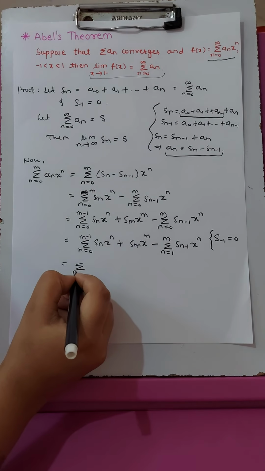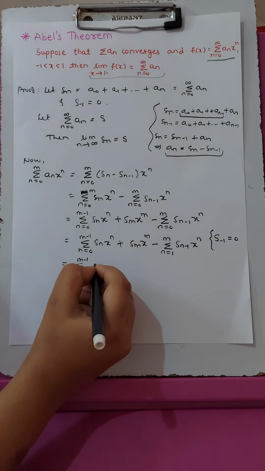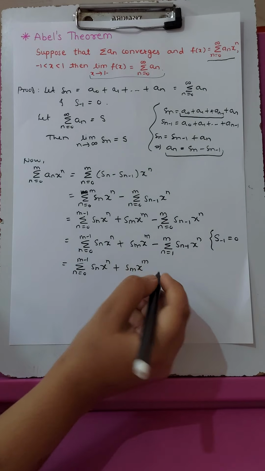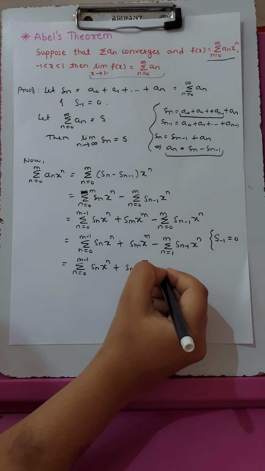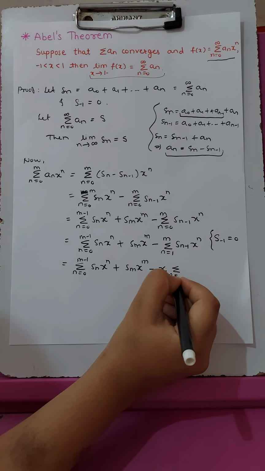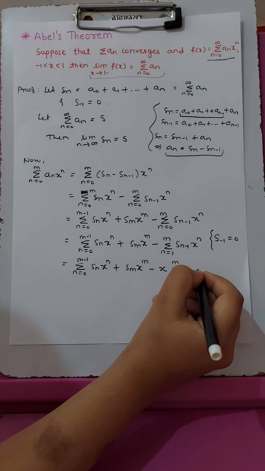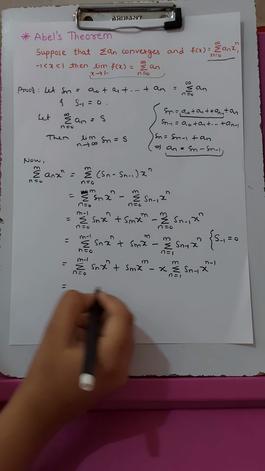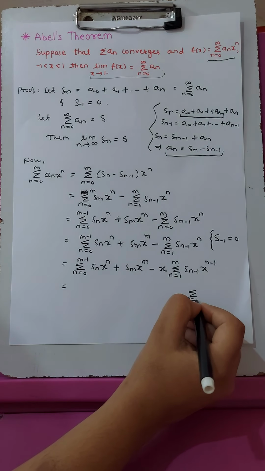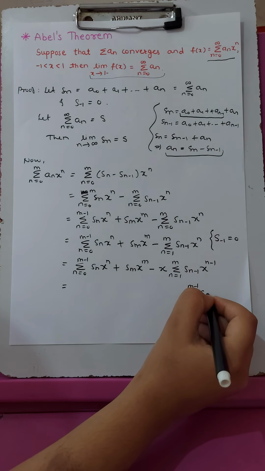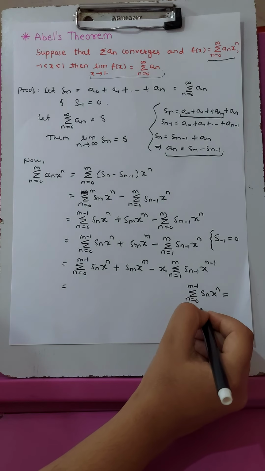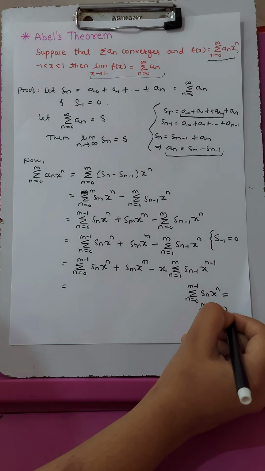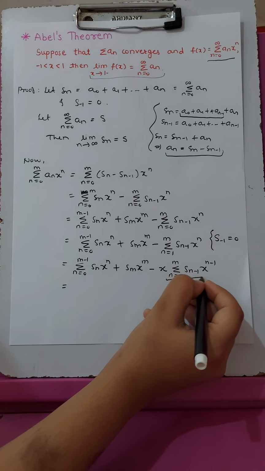Now again, summation n equals 0 to m minus 1 Sn x to the power n plus Sm x to the power m. Now taking one x outside, we get summation n from 1 to m Sn minus 1 x to the power n minus 1. Now since this summation n from 0 to m minus 1 Sn x to the power n is equal to summation n from 1 to m Sn minus 1 x to the power n minus 1, that is, these two terms are